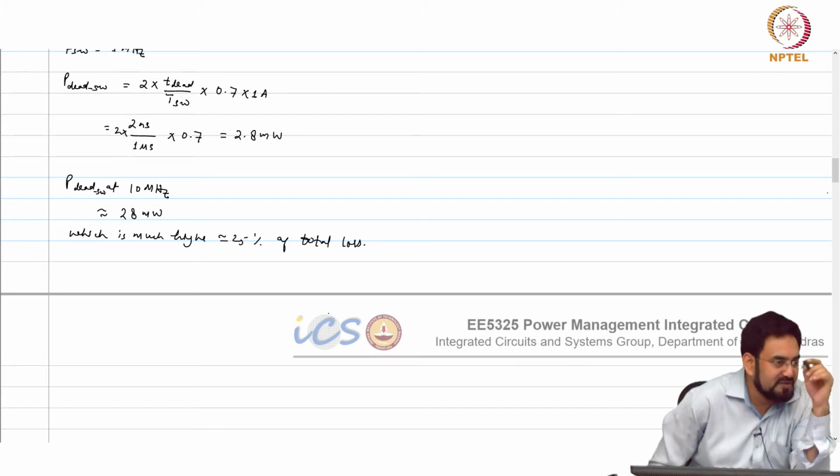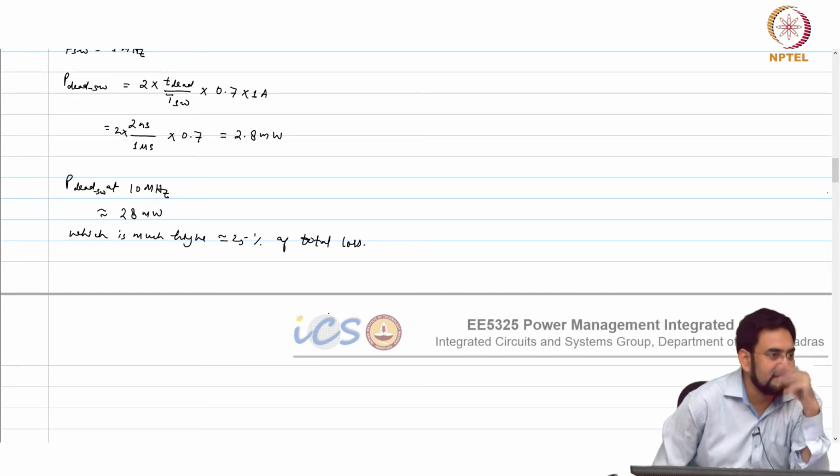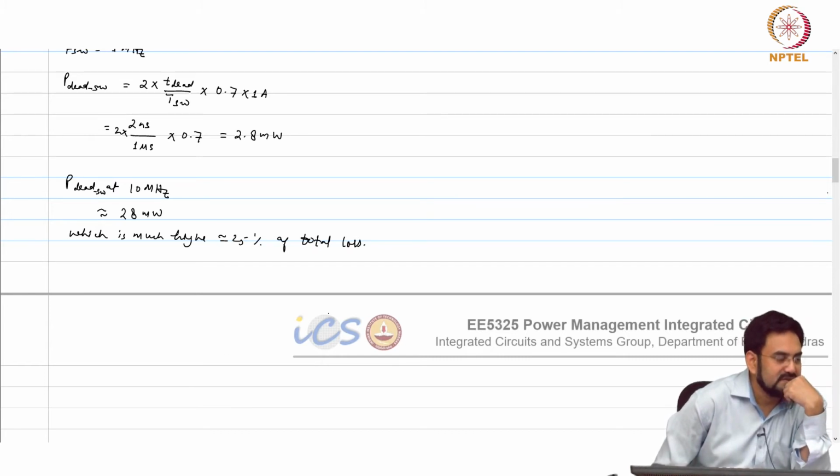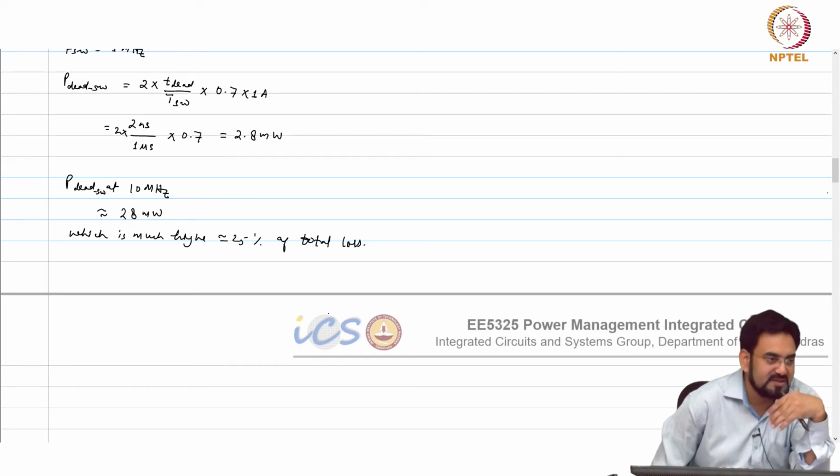So, that is why, if you remember that curve, which loss dominates at what load, depending upon that, you have to make sure your switching losses are not that high at light load. Let us say at 100 milliwatt, you lose 25 milliwatt in switching losses total, then what is the point? Your efficiency will be very bad in that case. So, 75%. Even though your I square R losses will be negligible in that case, you have to make sure that this does not dominate. It still remains roughly 10% of your total load.